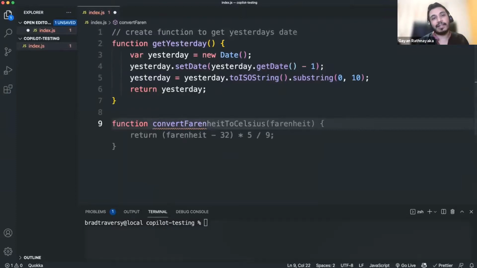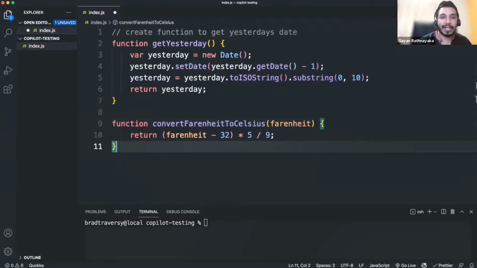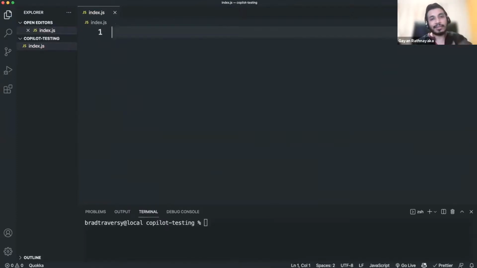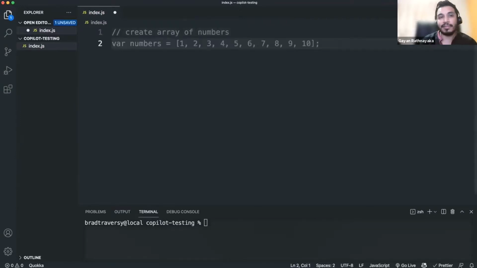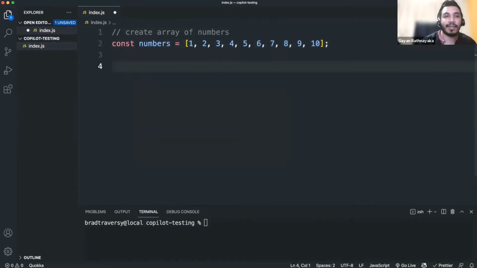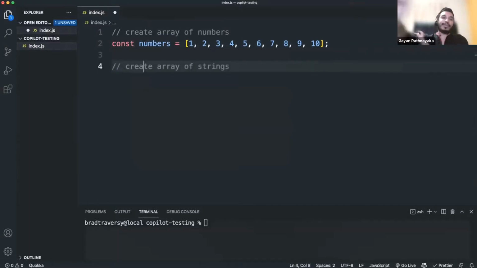So basically that's what developers did, right? Like we discussed initially. What Copilot does is basically bring Stack Overflow and the web to your editor. And it does that in a smart way, right? It gives you the accepted answer. So here, you can type create an array of numbers. Obviously, the AI will decide how many numbers and what the numbers are, and it will give you the array. It has the knowledge to do that.